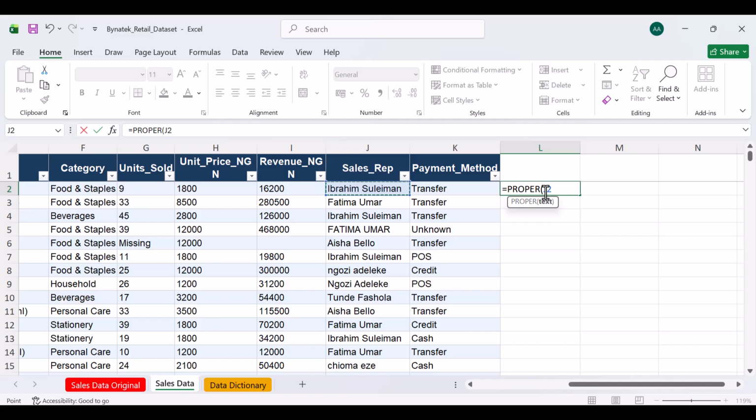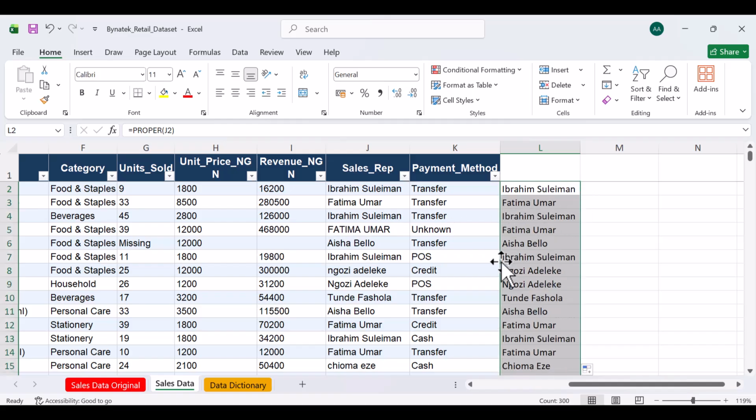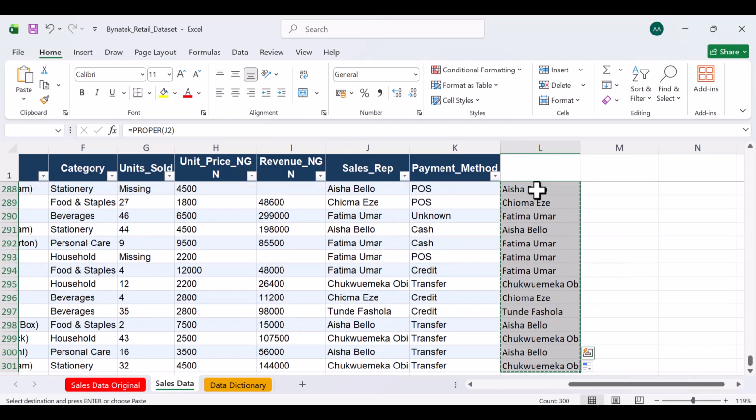Even if the one you just picked is correct, don't worry. It's not going to return an error. It will check. If it's correct, it keeps it. If it's not, it fixes it. So it's going to correct the record you have, and you can drag. As you can see, Fatima Umar here, it's all in uppercase. But when I fix it, you can see that it has been fixed to proper case. So this one is simpler than using find and replace to fix the cases. So we can copy the formula down,